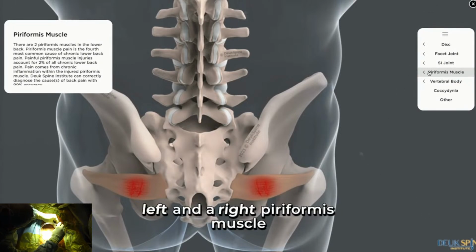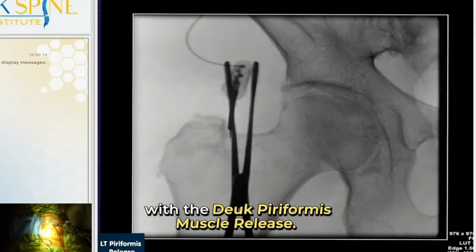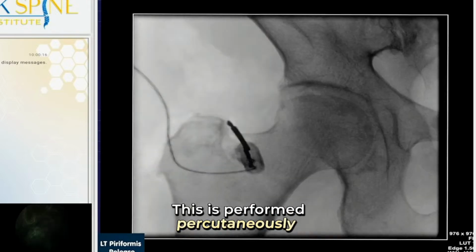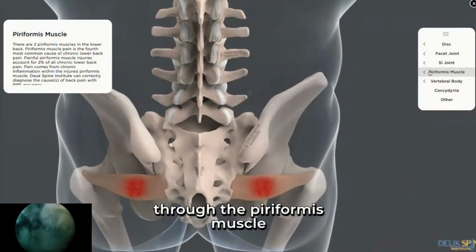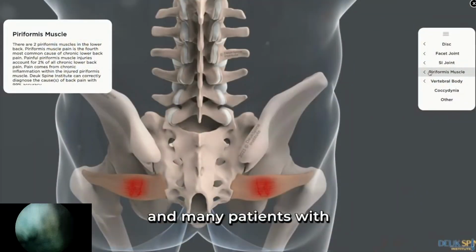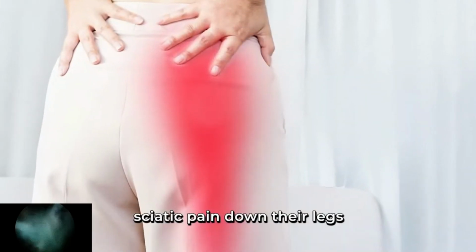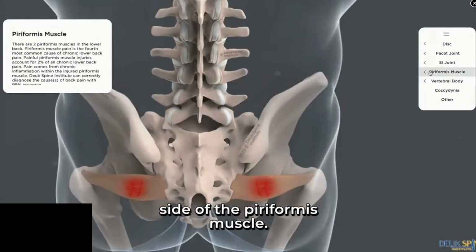There is a left and a right piriformis muscle, and this can be treated most effectively with the Duke piriformis muscle release. This is performed percutaneously with a 4mm incision. The sciatic nerve does run through the piriformis muscle, and many patients with piriformis muscle syndrome also have sciatic pain down their legs, with pain, numbness, tingling, and weakness in the leg that's affected on the side of the piriformis